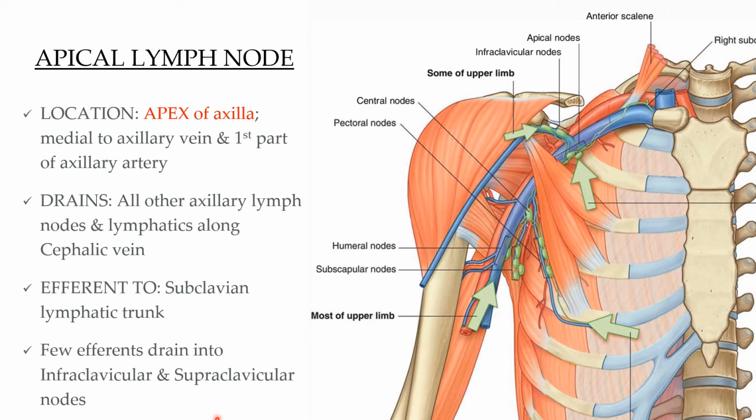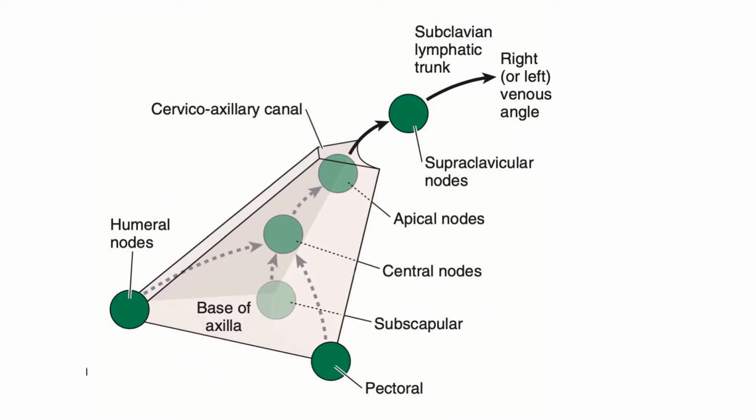Now let us focus on the illustration present on the screen. These are apical group of axillary lymph nodes here in relation with the apex of the axilla. This is a schematic representation to show you the direction of flow of lymph. This represents the pectoral group of lymph node which drain the lymph from the pectoral region and mammary gland. This represents the lateral group of lymph node which drains the lymph from the upper limb except those areas which are drained by the lymphatic which run parallel to cephalic vein.